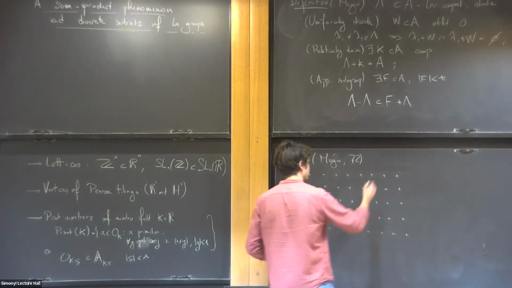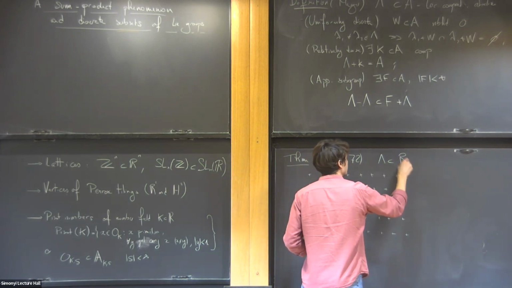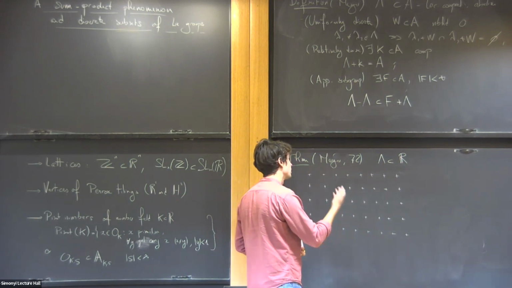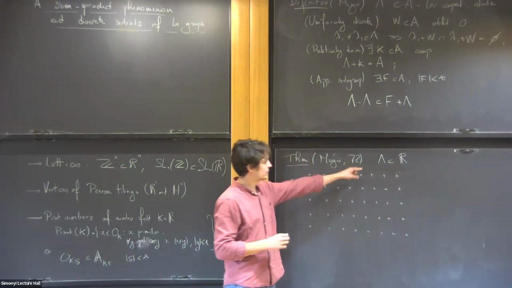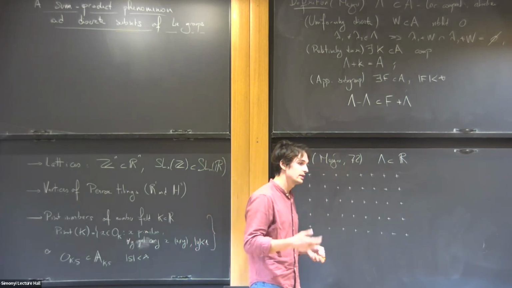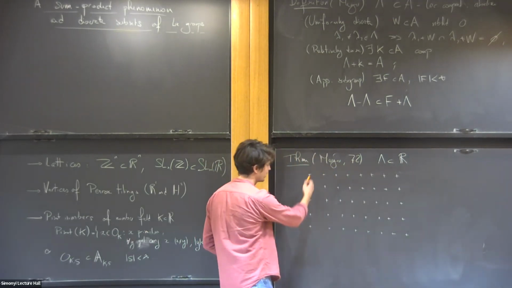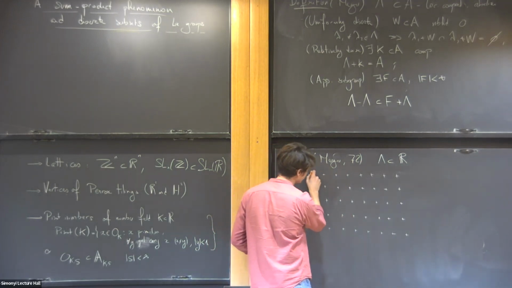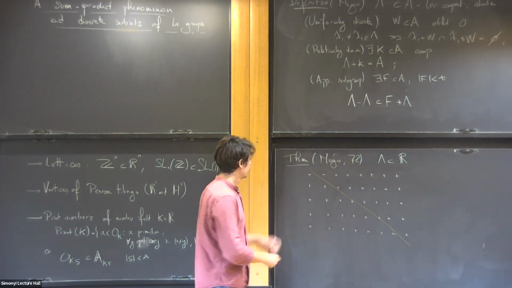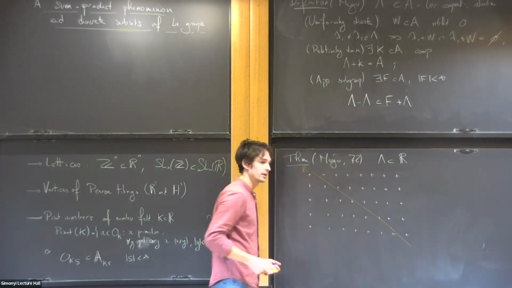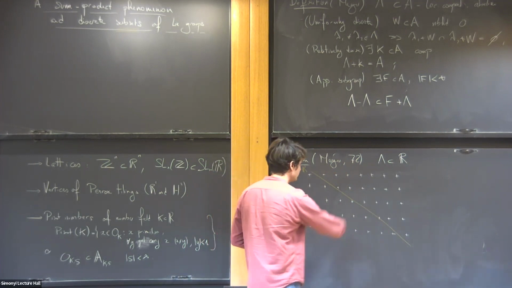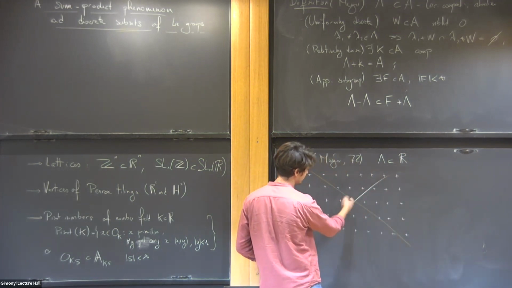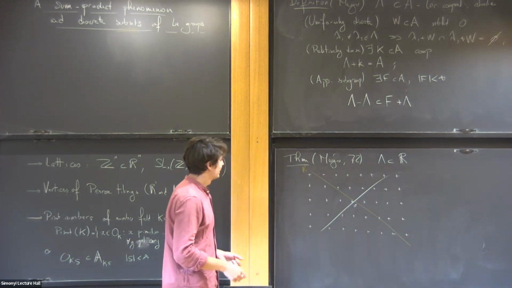And so I'm just going to draw it for a Meyer set in R, so I'm just going to stay with one-dimensional things. And what Meyer said is that the only way to produce Meyer sets in R is the following. You start with a lattice, so here is my integer coordinate grid, in a higher dimensional space. You take in that grid a line, and that line is going to correspond to the set R that I have here. And I take something, maybe the orthogonal line or just any transverse line, and this is supposed to be the origin, but I missed it, but you can see what I mean.